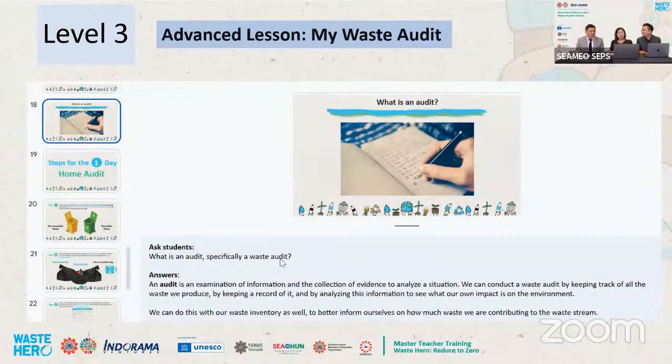Yes, but this is just a guideline for you. As you can see, all lessons focus on activities. It's like project-based learning. Students will have some records of how much waste they make each day. So they're going to create a healthy habit to serve the world. Exactly. We need to do that.